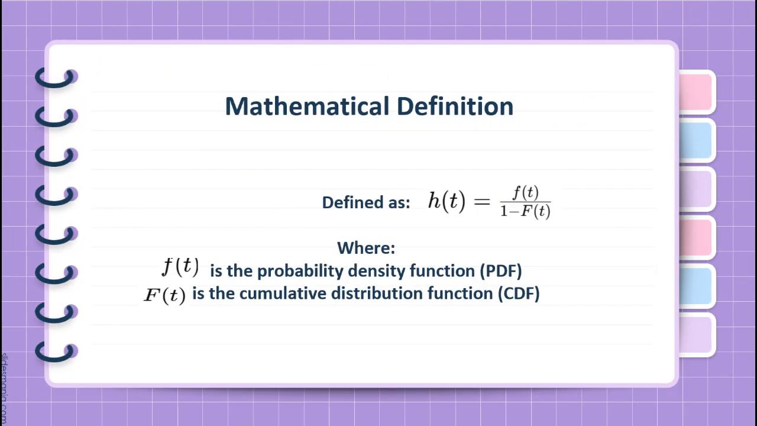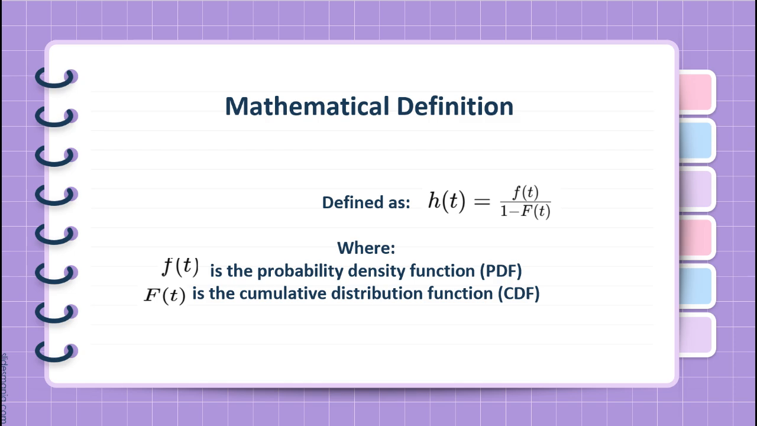The hazard rate function, also called the failure rate function, represents the instantaneous rate of failure at a given time, given that the subject has survived up to that time. It is mathematically defined as the formula given, where f(t) is the probability density function (PDF) of the time to failure, and F(t) is the cumulative distribution function (CDF), which gives the probability that failure has occurred by time t. This function helps in analyzing the likelihood of failure over time and is crucial in reliability engineering, survival analysis,